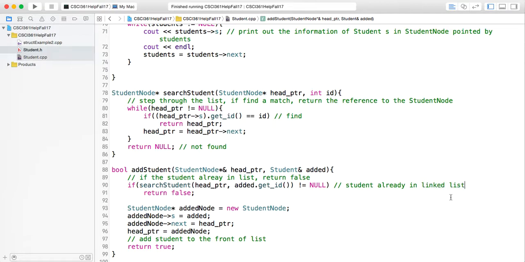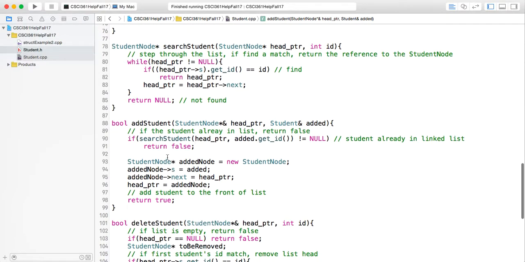Or in the application, your student is already in your school system, whatever. Then you will return false. That means you do nothing, just simply return. Okay. Now, if the